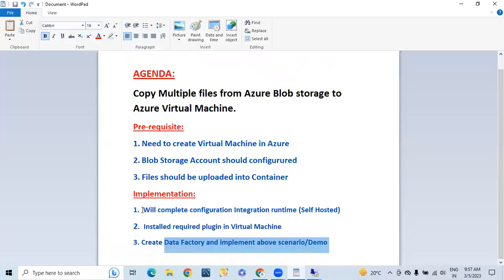We already installed the self-hosted integration runtime, and we also completed our configuration. Okay. So next, let me start the scenario I discussed: copying multiple files from Blob Storage into